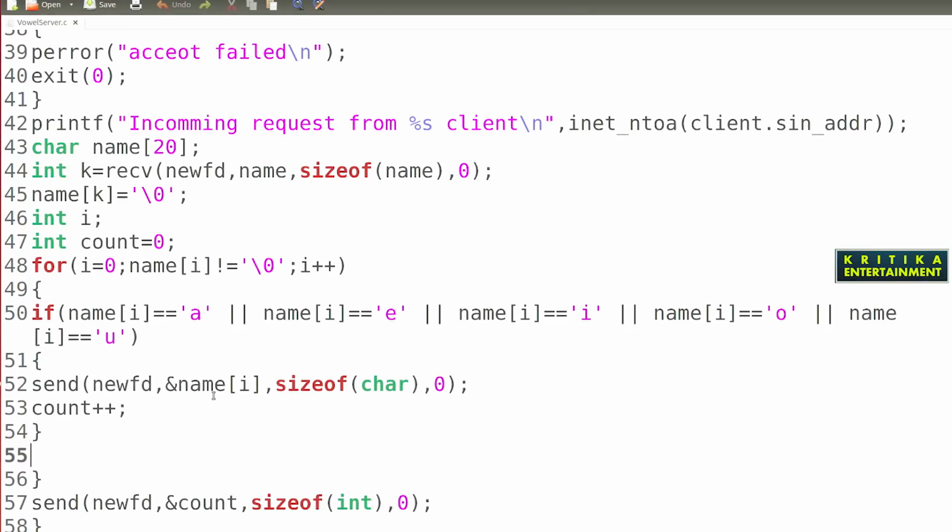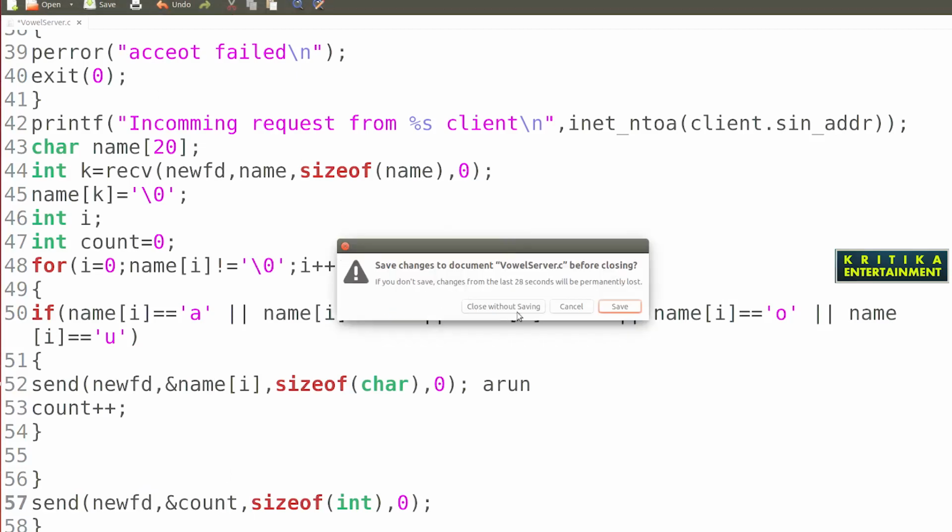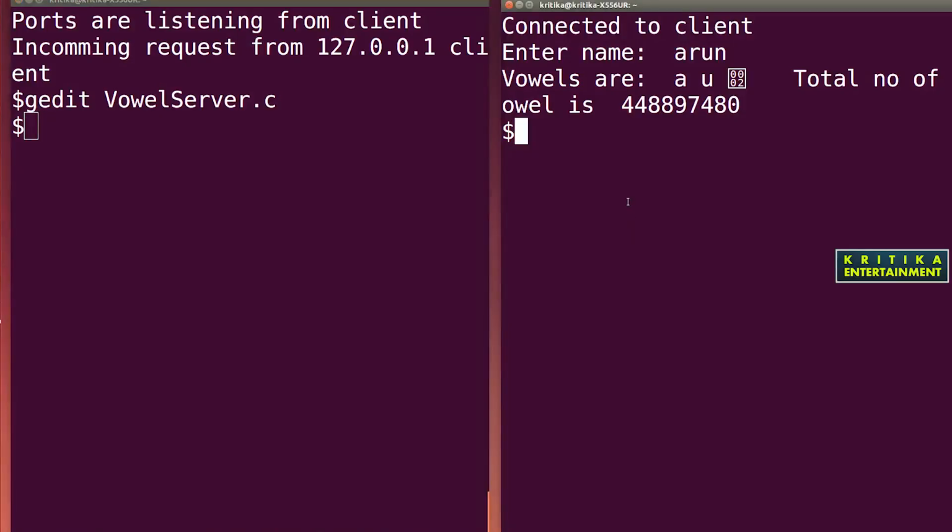Suppose you have entered Arun, then the total number of vowels is 2, that means the send function is used twice. When you write this send function, the total number of send functions is 3.